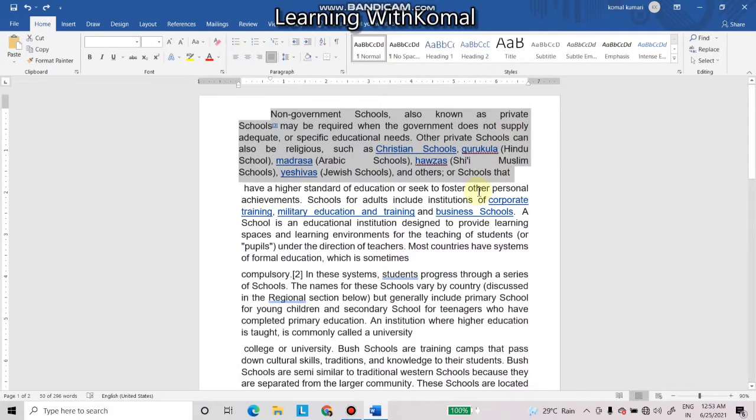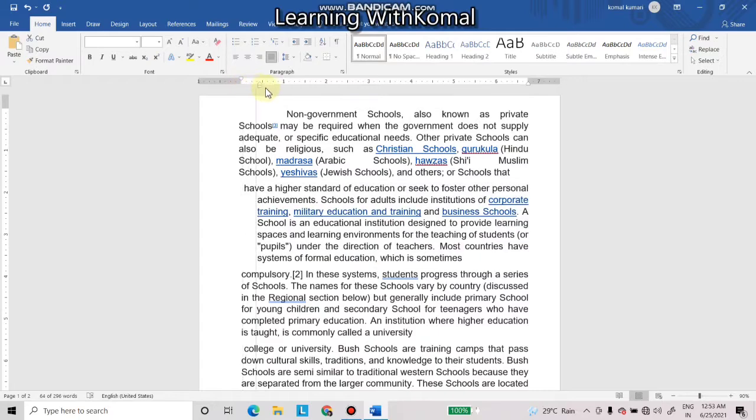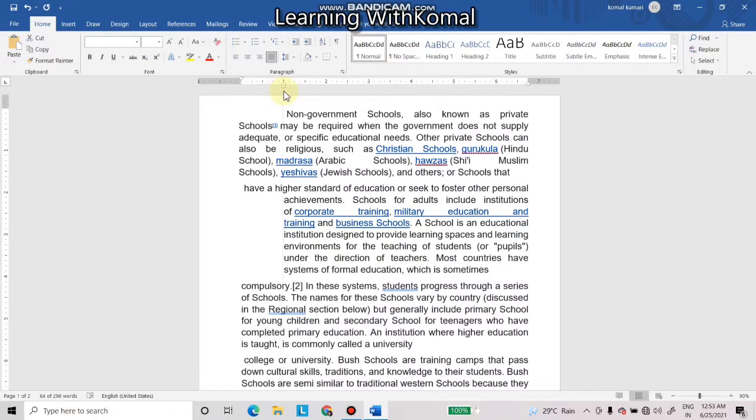So I am just going to show you the four different kinds of indentation in each of the paragraphs. Where only the first line is moving, this is the first line indentation. Now let us select this paragraph and use the hanging indentation. Here what we will see, only the first line is at its place and the other sentences have been moved.